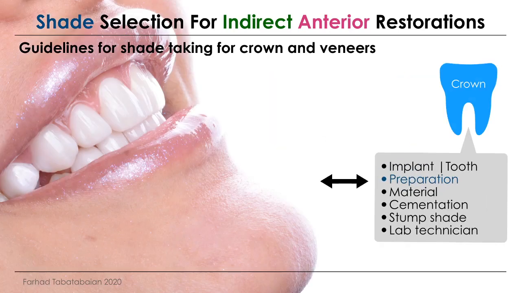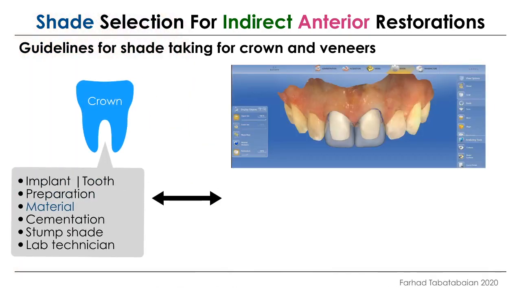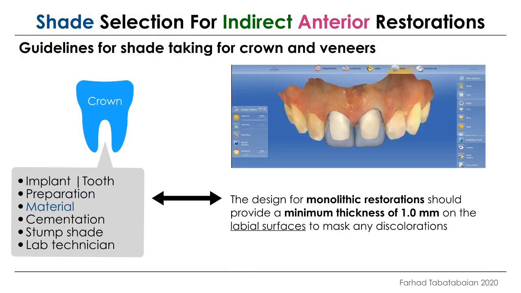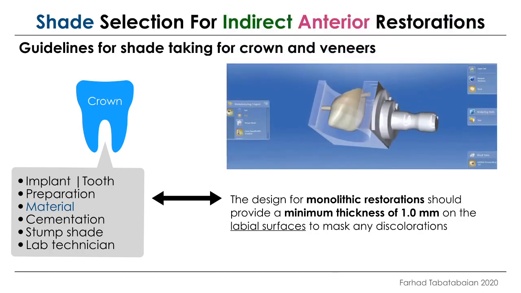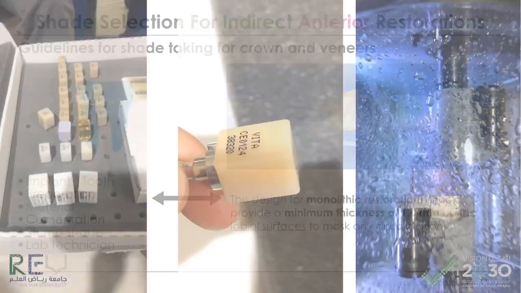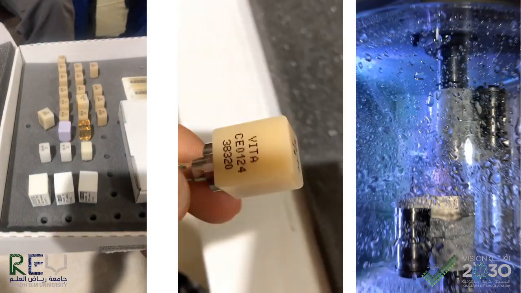And now we'll learn more about the preparation. Over-reduction in preparation will increase ceramic thickness, and that will reduce translucency. The use of zirconia substructures as a core for ceramic crowns has provided an aesthetic advantage over masking darkened metal cores and frameworks, while providing high flexural strength. That means when we are designing monolithic restorations, we need a minimum thickness of 1 millimeter for the labial surface to mask any discoloration. We can see here at Riyadh Alam University how we can choose